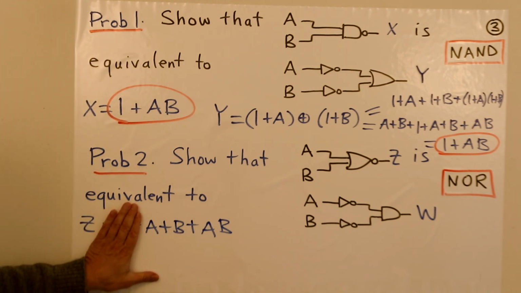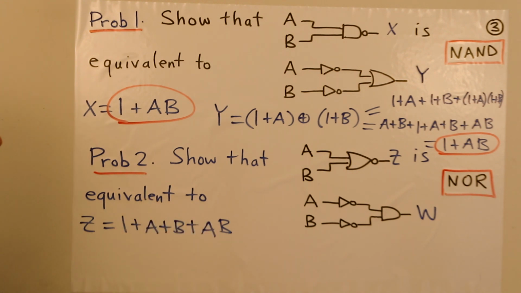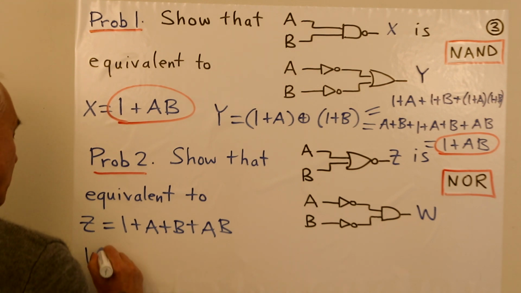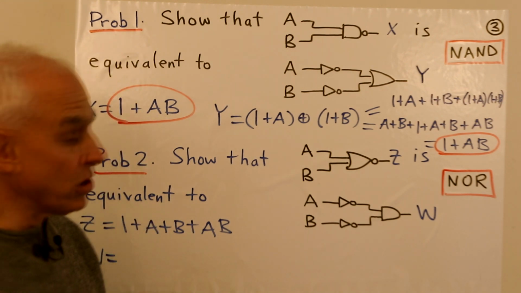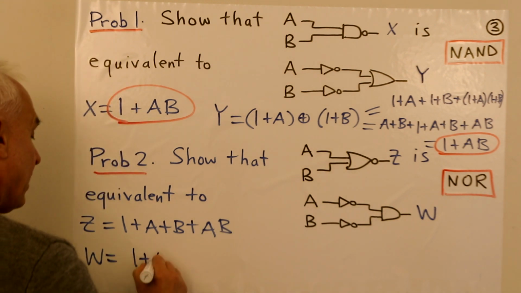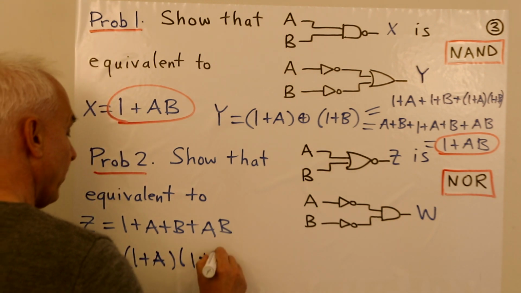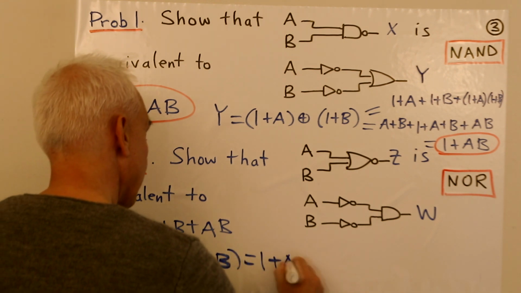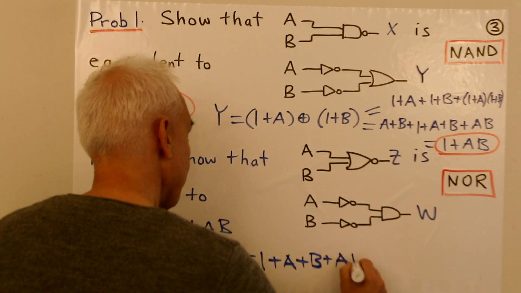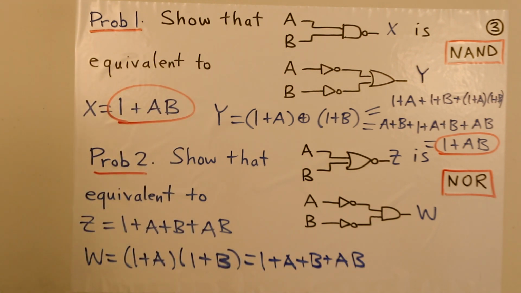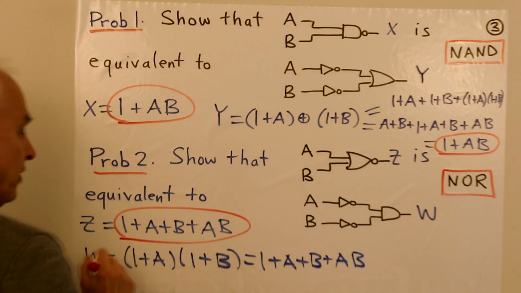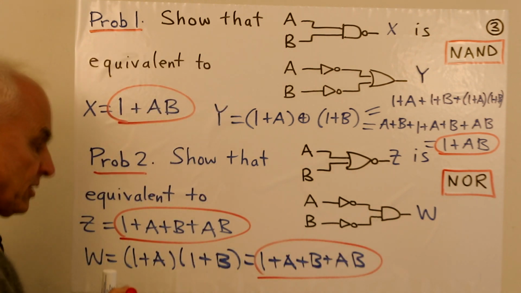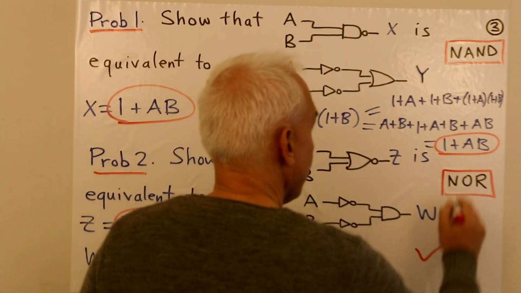Okay, that's what a NOR gate does to inputs A and B. That would be the OR gate, and 1 plus it is the NOR gate. All right, how about W? Well, here we have an AND gate, which is just multiplication, and the inputs are 1 plus A and 1 plus B. So we just have to take the product of 1 plus A and 1 plus B. And when we expand that out, we get 1 plus A plus B plus AB. And yes, we can see that the Boole polynumber for Z is the same as the Boole polynumber for W, so they are equivalent. So both of these are equivalent.